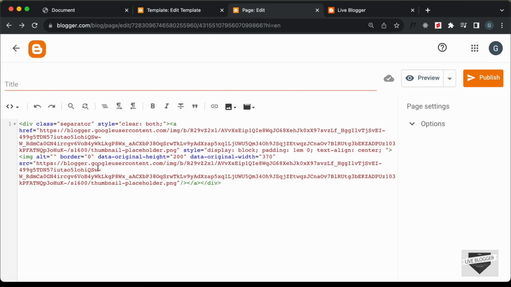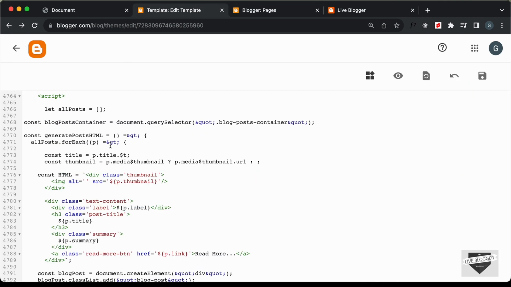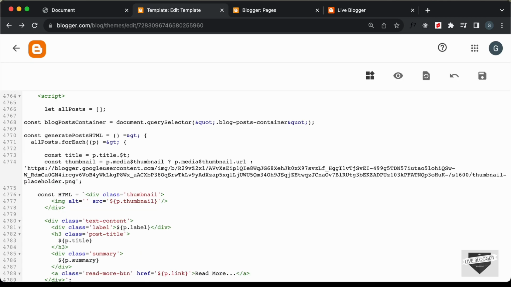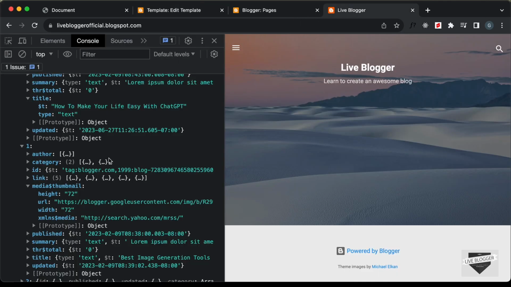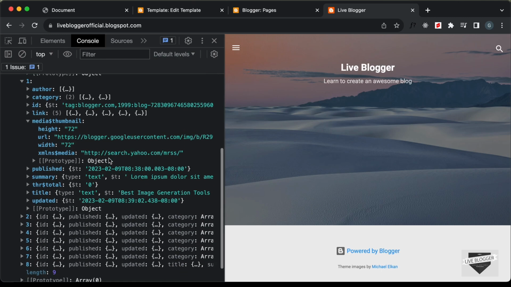And here we have the image, and let's get the href. So here we have the href. This is basically the link of the image. So let's copy this link from here, and let's go back and paste it over here as a backup thumbnail. And now if we go back to our website, and if I open the thumbnail, so let's go ahead and